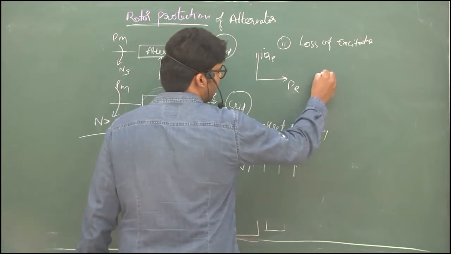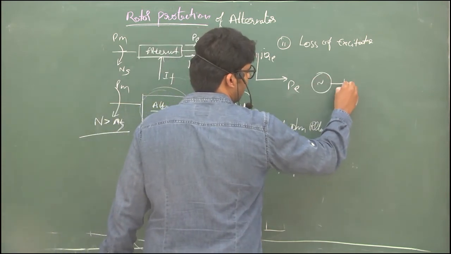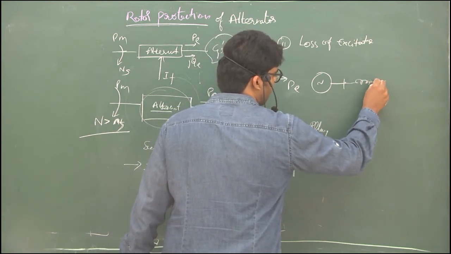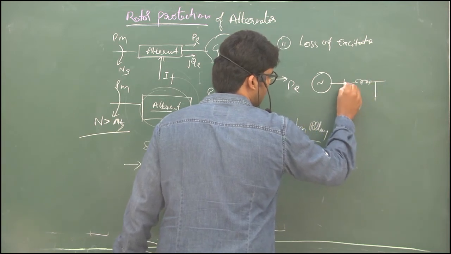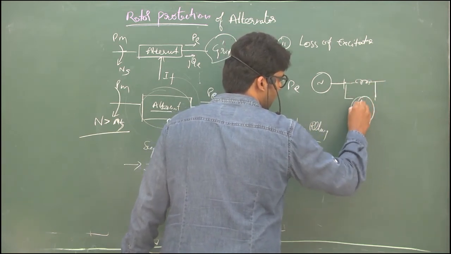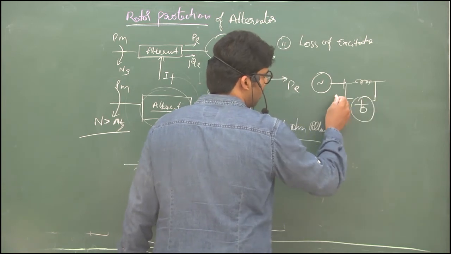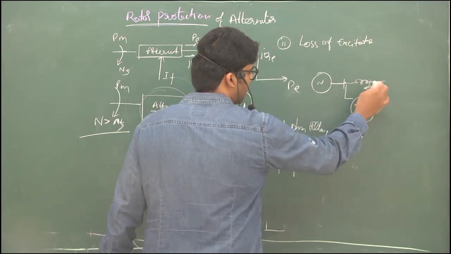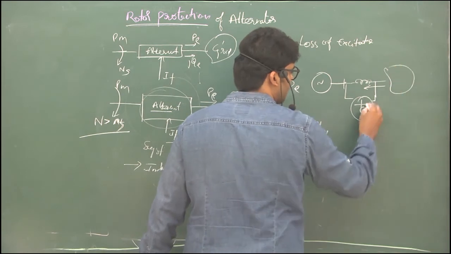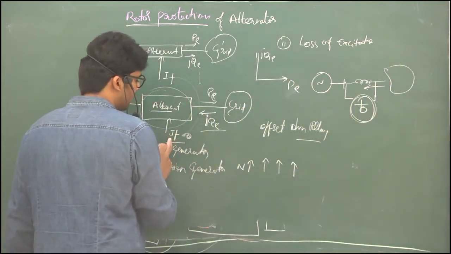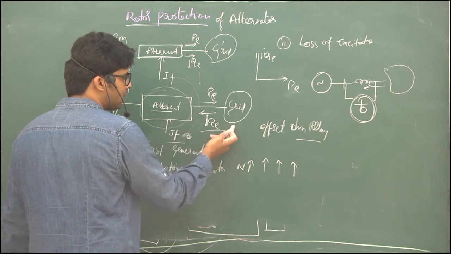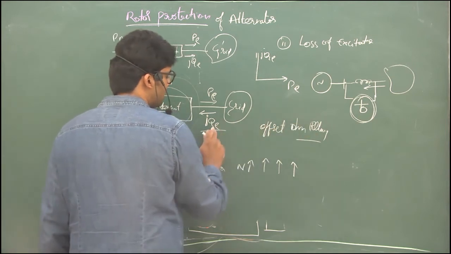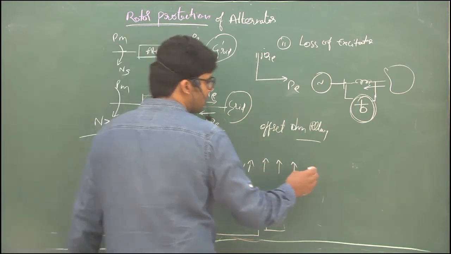So the connection is like this: this is the alternator, then this is the transformer, these are the CTs, and we keep the offset relay between these. The offset relay will be placed like this. This relay will sense whenever the alternator is taking reactive power from the grid, and the relay gets operated. We think excitation is lost only when the alternator takes reactive power from the grid. That means this relay coil will sense the grid connection, and the impedance will be reduced.